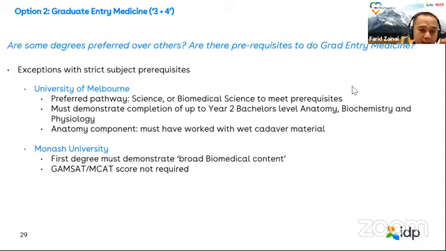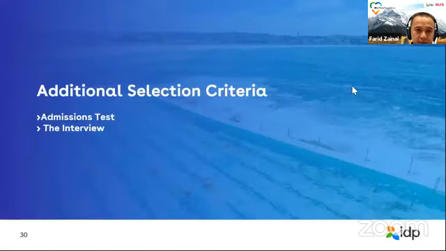All right. On the other hand, you have Monash University, right, where the first degree needs to contain a broad biomedical content. And as mentioned, the GAMSAT and MCAT scores are not required, but you will still have to do the situational judgment tests. Okay, I'll move on to the additional selection criteria like your admissions test and the interview. But